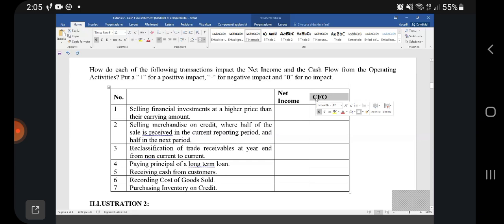That is the main difference between both of them. Of course, they are part of different financial statements, but they are also calculated based on different accounting methods and principles, okay? Now, what we are required to do is that for a simple transaction, we have 7 of them over here, we have to state if this transaction will have any impact on net income or cash flows